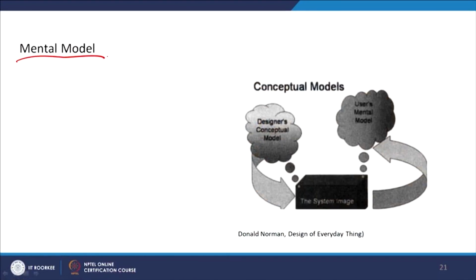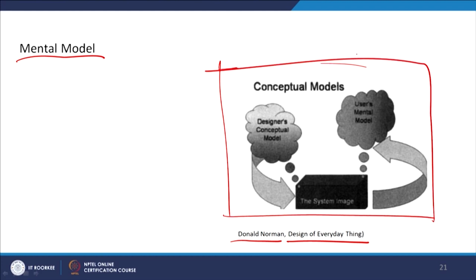We need to understand users' mental model to give them the right solution. Donald Norman, one of the famous design theoreticians, writes in his book The Design of Everyday Things, and gives the conceptual design model proposal. Through this diagram, he says the conceptual design model will be successful when the designer's conceptual model blends with the system image. The system image is the mental model. This is the same. The system image is when we think about a product or a design, what finally